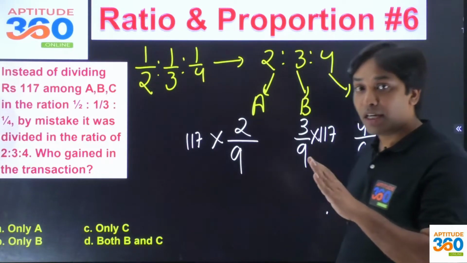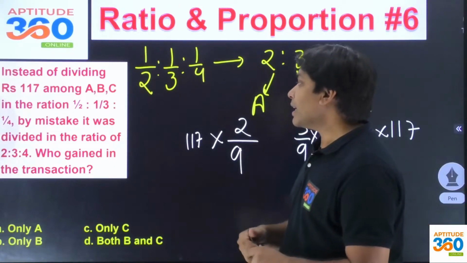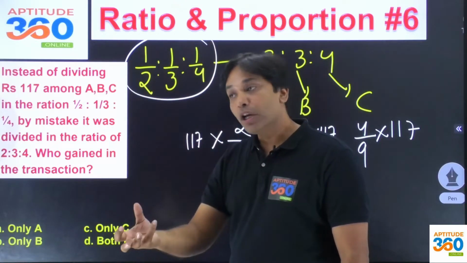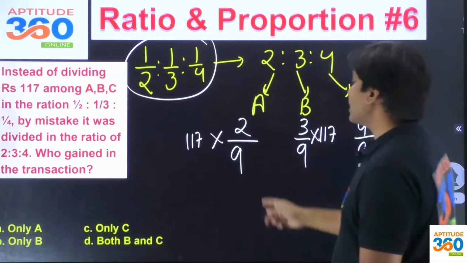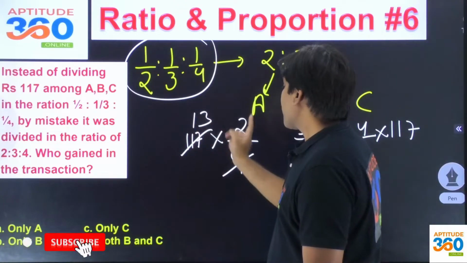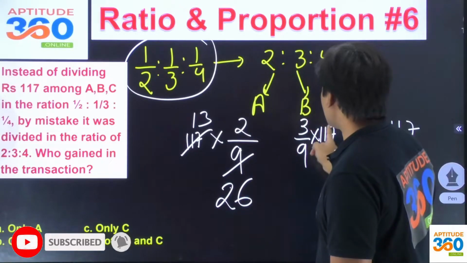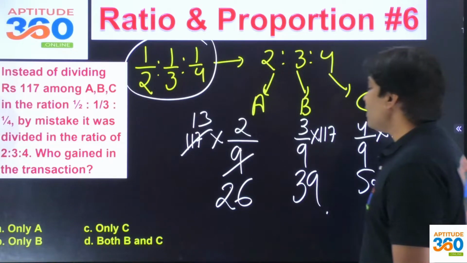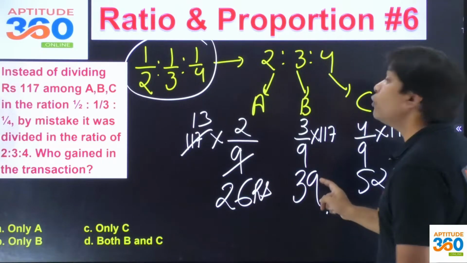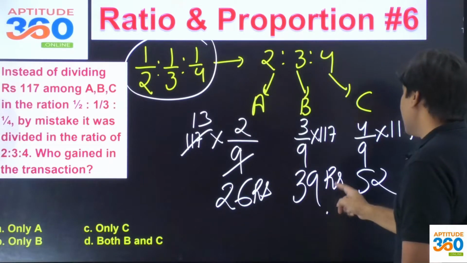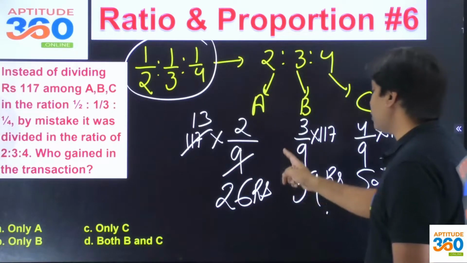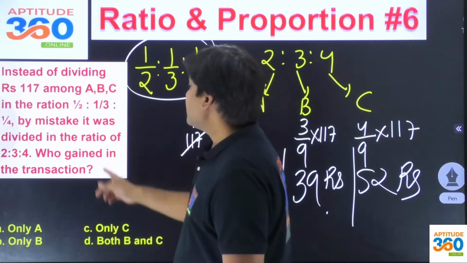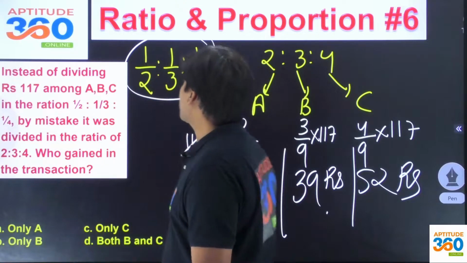ये मिलना नहीं चाहिए, बट उस बेचारे को ये लगा कि 1/2, 1/3, 1/4 इज इक्वल टू 2:3:4, तो उसने यहाँ पे ये वाली गलती कर दी। और अगर ये गलती कर दी तो उसको मिलेगा कितना? दिस इज 13 into 2 26, and then 13 into 3 39, and then 13 into, so A will get 26 rupees, would have got, in fact not would get, would have got, अगर ये गलती होने की वजह से ये हुआ, दे दिया इसने, है ना। बाय मिस्टेक इट वॉज डिवाइडेड इन द रेशियो ऑफ 2:3:4।